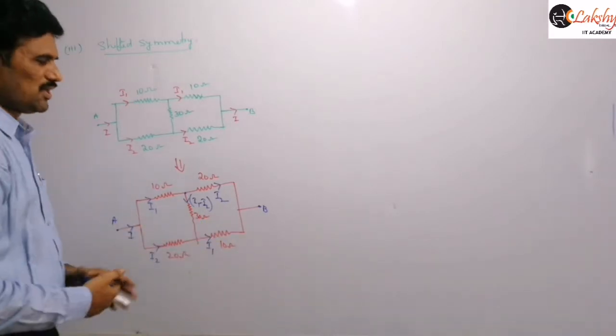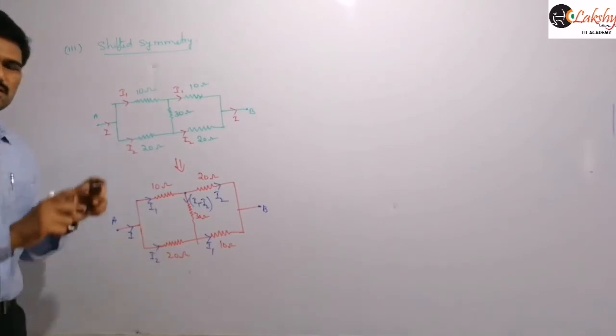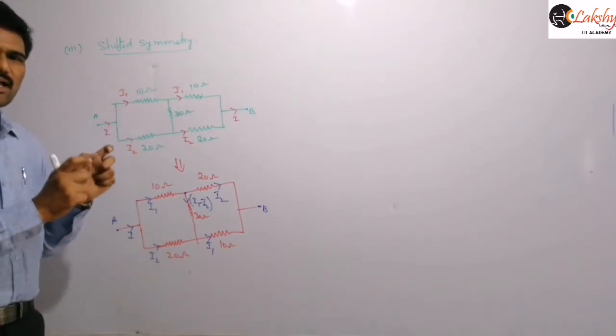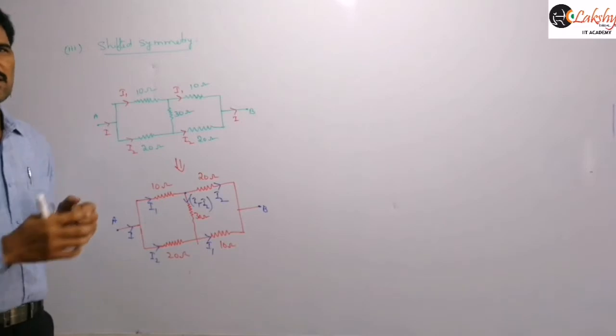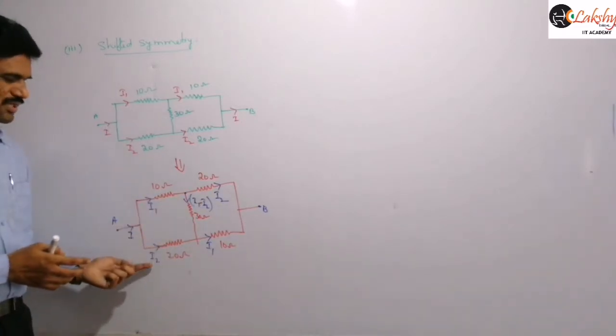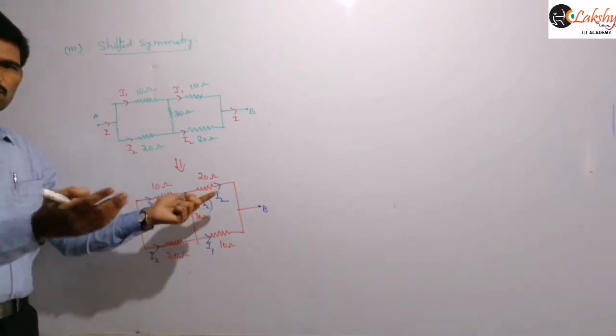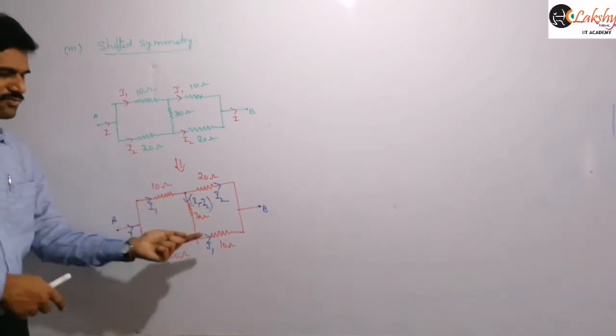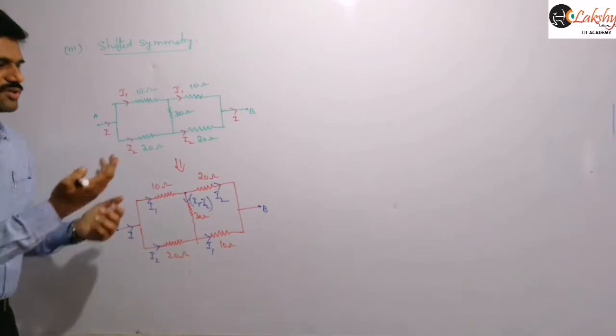current will flow here. So like that we can say that at entering and leaving junctions, identical current will flow through the identical resistor. So this 20 ohm is identical to this. Here if I2 is there, then I2 current will leave the circuit. If I1 is entering the circuit, then I1 will leave the circuit. So like that also we can say.